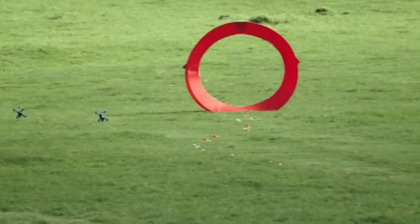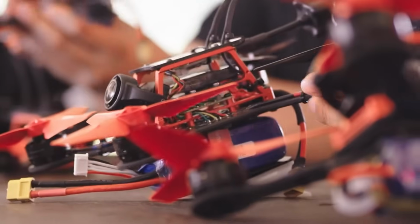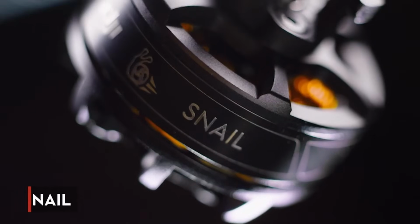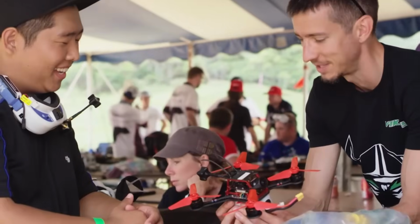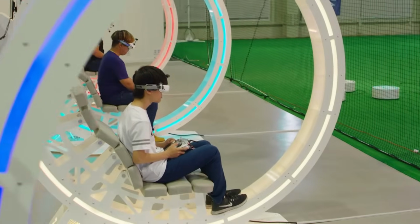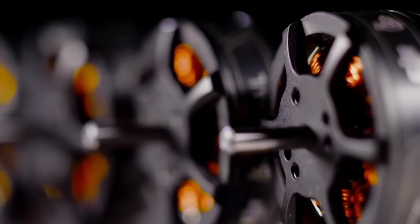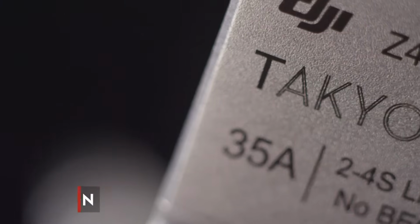Not many people know this, but the company's first step into this market was back in January 2017, when it launched a propulsion kit called the DJI Snail. That's a pretty forgotten chapter in the brand's history, but it was DJI's first real attempt to enter the world of FPV racing drones. The project came out as a complete propulsion system, featuring ultralight and powerful motors, with Tycoon